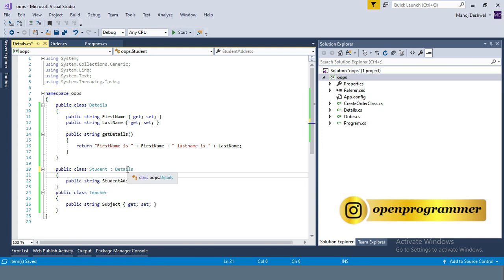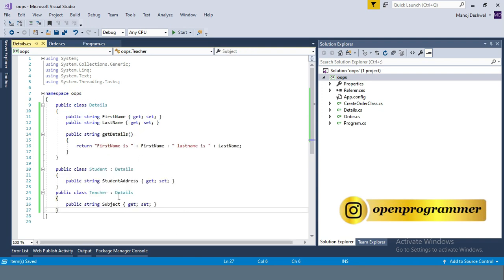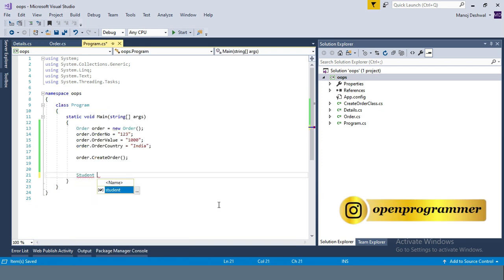So I have inherited all the properties of Details to Student. Let me also inherit this Details. Okay, now get back to our Program.cs. What is the main class? Details, Student, Teacher. So let me create an object of Student class.